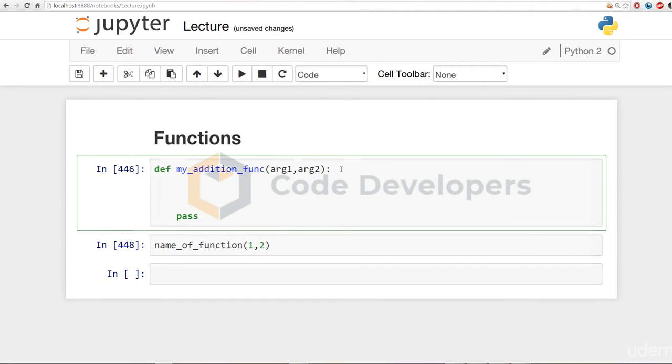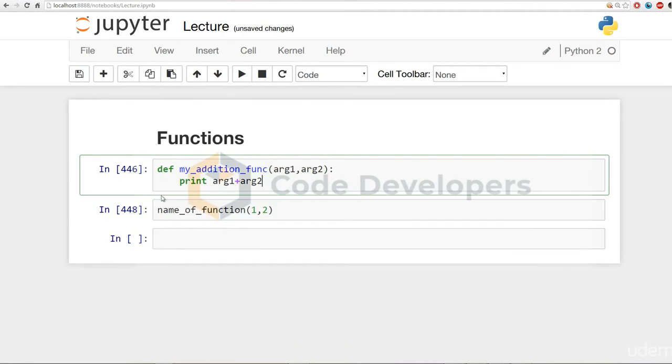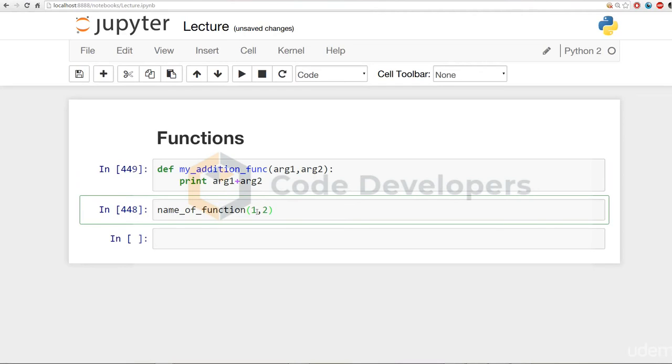We're going to say print arg1, arg2. Whoops. We want to print them being added together. And I'm going to get rid of that pass now since we actually want to do something with them. So now, if I run that cell to save that function,